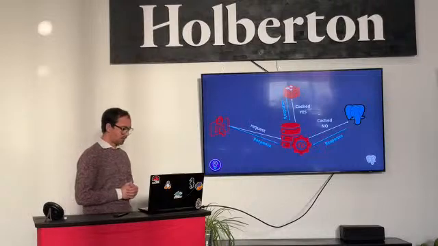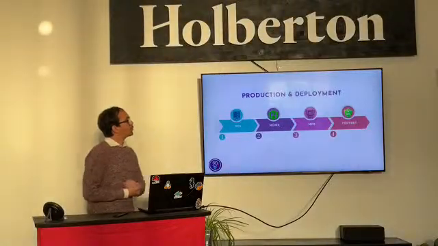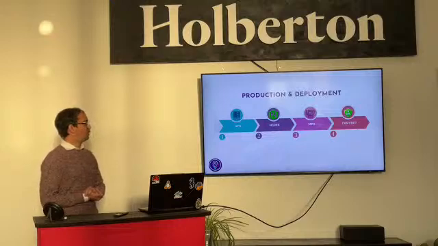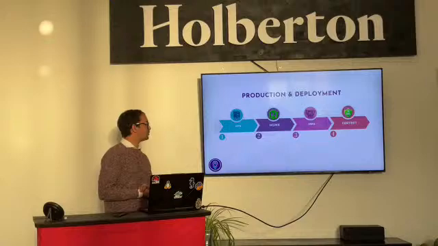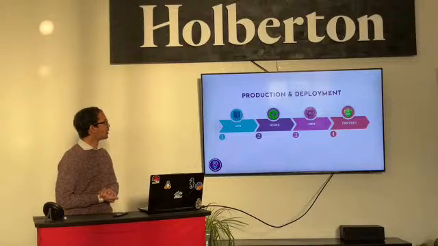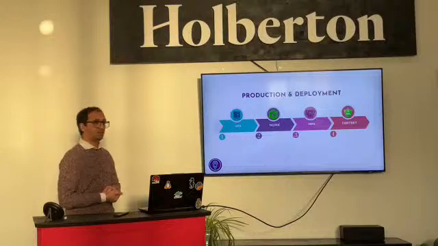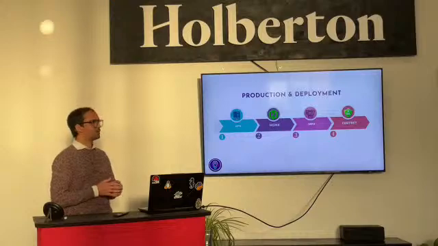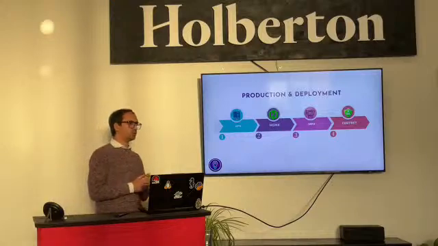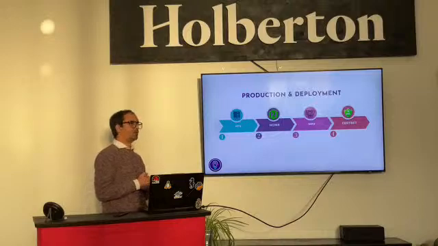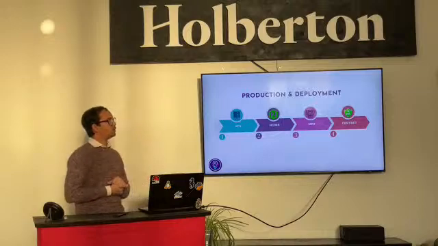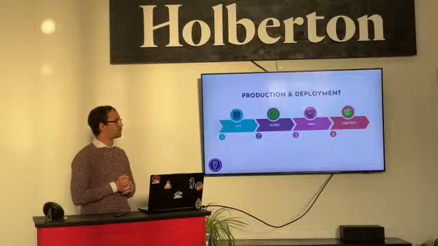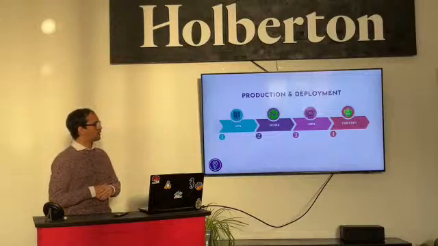For production and deployment, I bought a VPS server, a virtual private server. I use Uncomplicated Firewall in my Linux for more security, to restrict root manipulation, and I installed Nginx on it, and PM2.